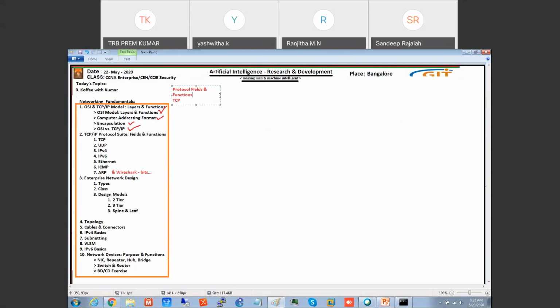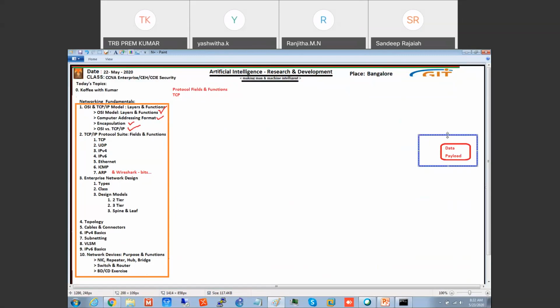Before going to the fields and functions, first understand this point. There is data. I want to send this data. We call this data the payload. Okay, the name for data is payload. This data I want to send, I'm going to add some information with it.